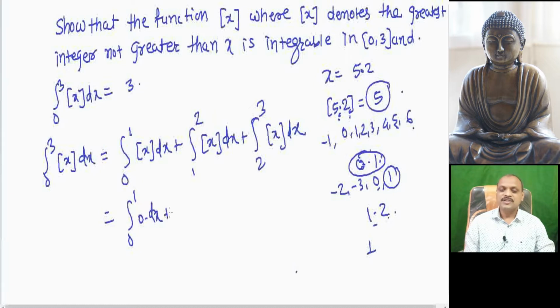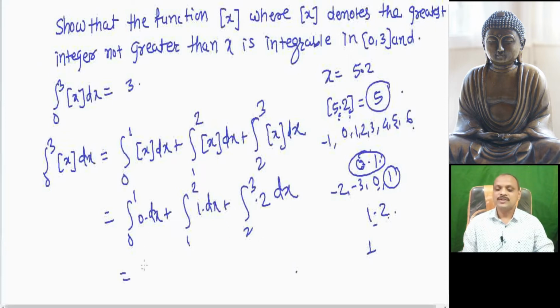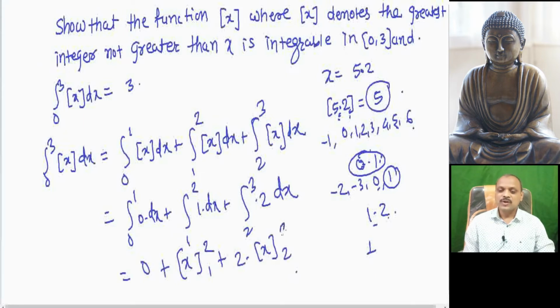And here therefore this is equal to integration 0 to 1 of 0 into dx plus integration 1 to 2 of 1 into dx plus integration 2 to 3, the greatest integer value is 2. Here we get 0 plus integration of x between the limits 1 to 2 plus 2 into integration 2 to 3, equal to 2 minus 1 plus 2 into 3 minus 2, equal to 1 plus 2 equal to 3, and therefore the greatest